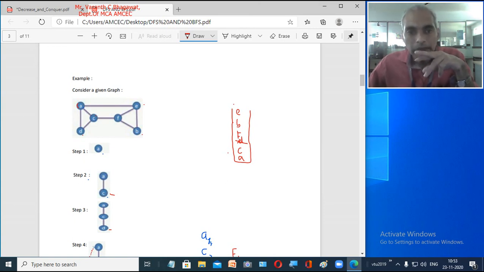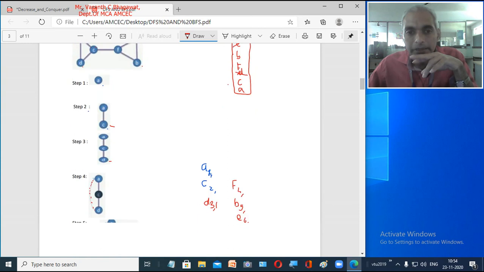Now you see B is visited, F is visited, and A is also visited. All these three nodes are already visited, so you have reached a dead end. When you reach a dead end, we are supposed to remove this E here. E has been popped out. E is the second node which you are going to remove, so the second subscript here you write as 2, because 1 is there. D was the first node which you popped out, the second node you pop is E, right? So 6 comma 2, so you have removed this node E.